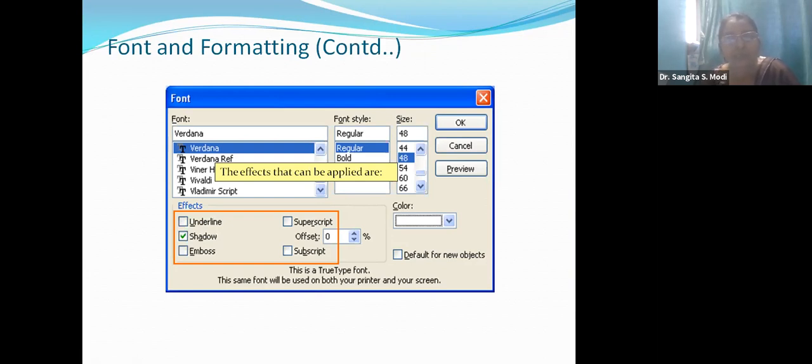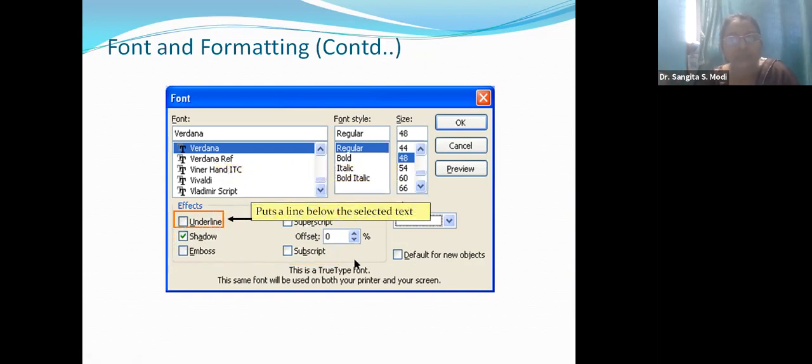And for superscript, if you want to write E equals mc square, just select 2 and click on superscript. It will display 2 above the line, so it will look like E equals mc squared. The square will be highlighted here.